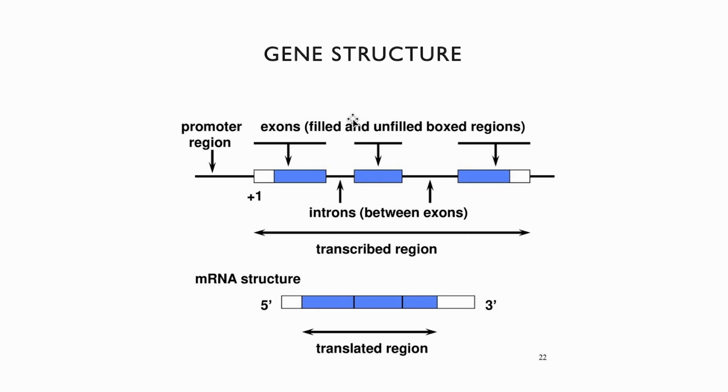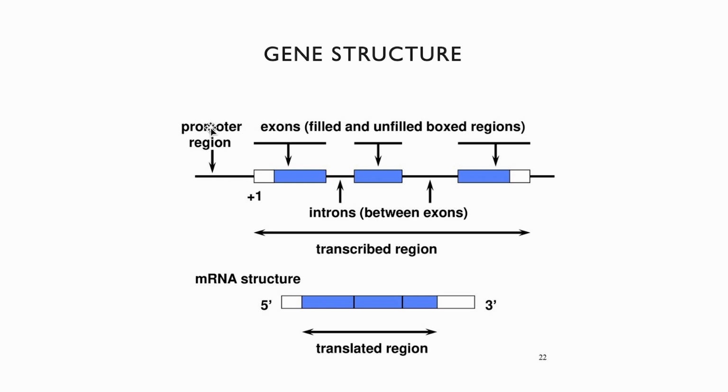What do we have here? We have certain components of a gene. Notice that there is a region in a gene that we call the promoter. Then we have some structures that we call exons, and in between the exons, we have other regions that we call introns. So there is a region of a gene that is transcribed, and there are regions of genes that are not transcribed. The promoter is one of those regions, but besides the promoter, there are other regions that also